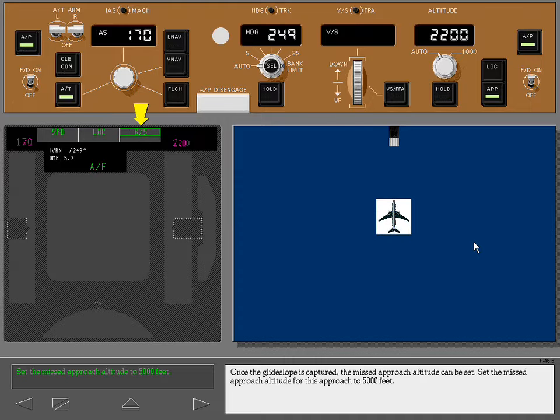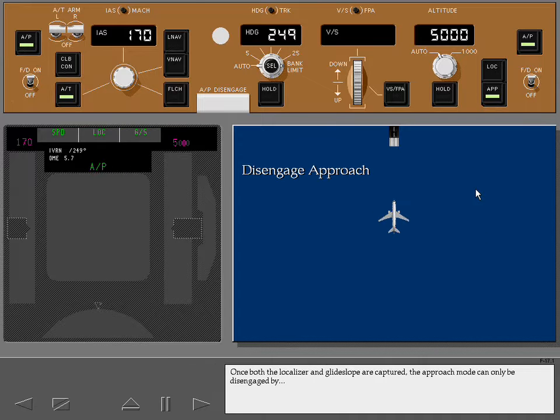Once the glide slope is captured, the missed approach altitude can be set. Set the missed approach altitude for this approach to 5,000 feet. Once both the localizer and glide slope are captured, the approach mode can only be disengaged by pushing a TOGA